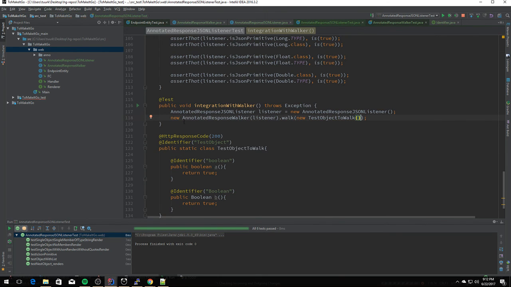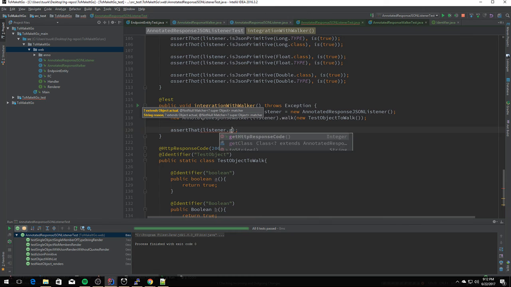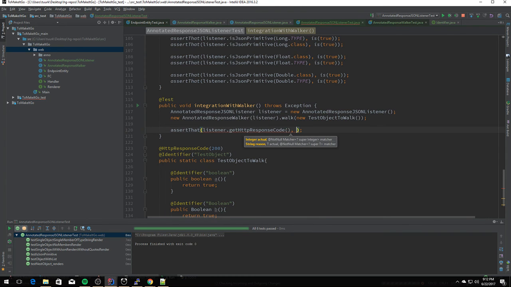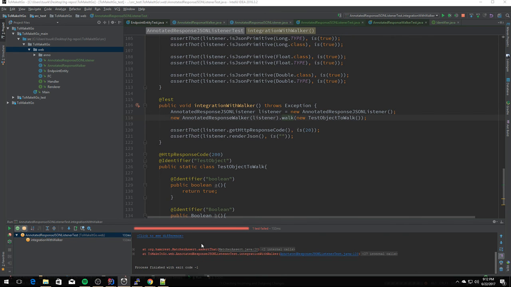Just object to walk. We will assert that listener dot. We'll assert the assertion, because we were testing the full on integration, which is fine. Render JSON is, I'm going to say empty string for now. I'm going to grab exactly what it printed out, run it through the validator, make sure it's correct, then shove it back into the test. It's a little bit cheating, but